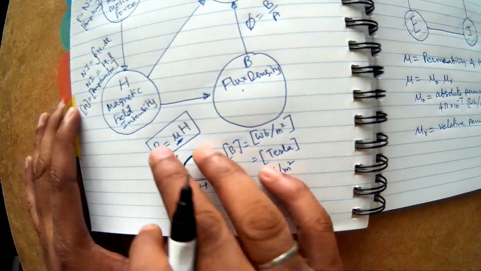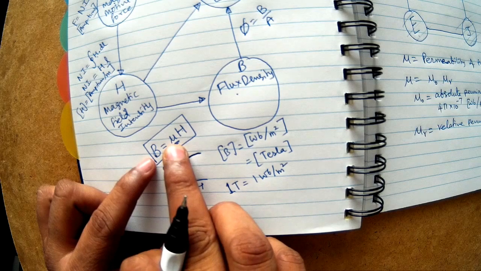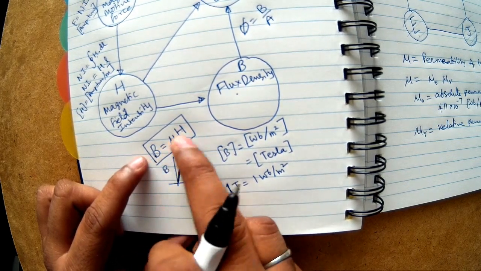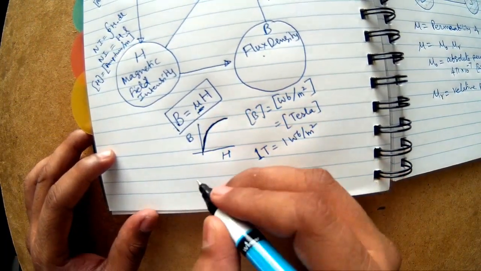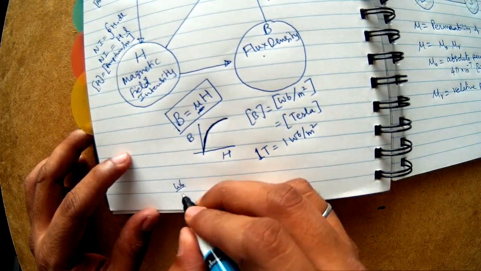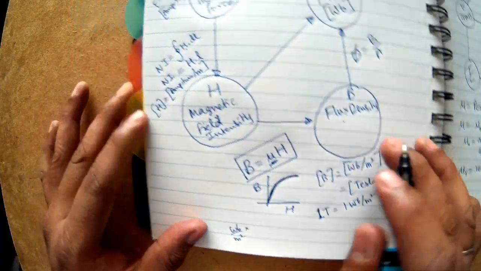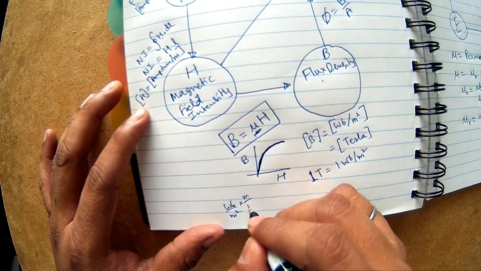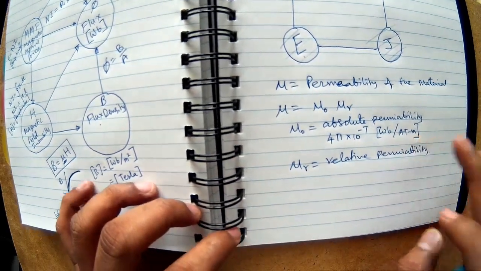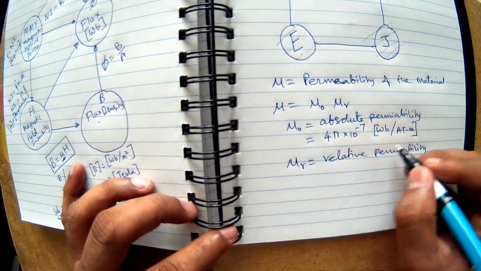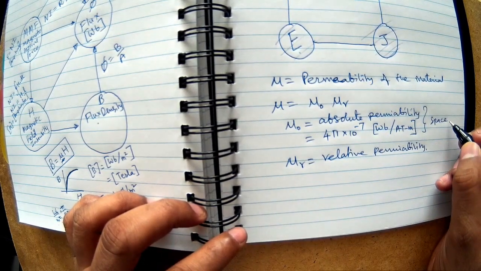Okay, if you go by this, you know the unit of B, you know the unit of H, so the unit of mu you can calculate based on the other two. Let me quickly do that. What is the unit of mu? The unit of B is Webers per meter square, and the unit of H is ampere turns per meter, which, reversed, becomes meters per ampere turn. So meters will cancel, giving Webers per ampere turn meter. So that's what I have written here, the unit of mu. Now this value, absolute permeability, is for space, or air also you can take.